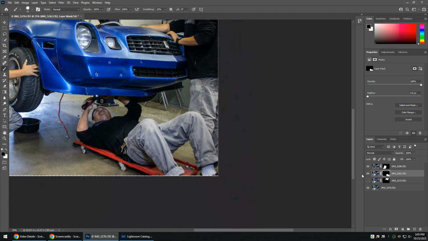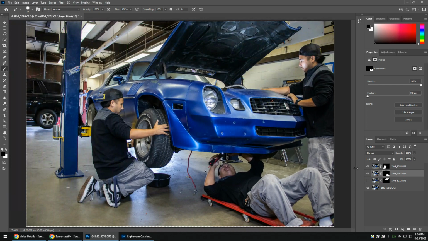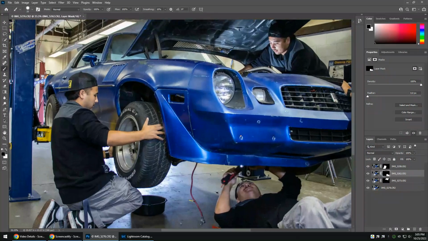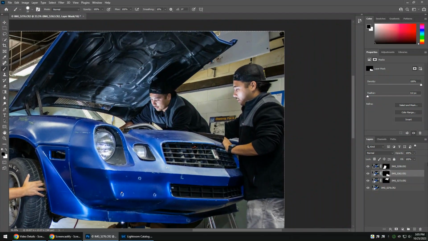You can Control 0 will bring you back to full screen, nice and easy. And then we're going to add in this last one. So we're going to see, like, again, that same issue. So I'm going to plus and over. And then I'm going to go to this mask. I'm going to start with a bigger brush. We got like a fuzzy edge over here. And then I'm going to